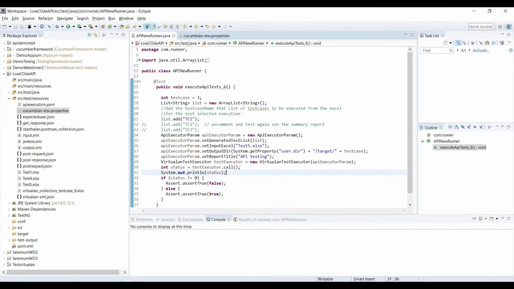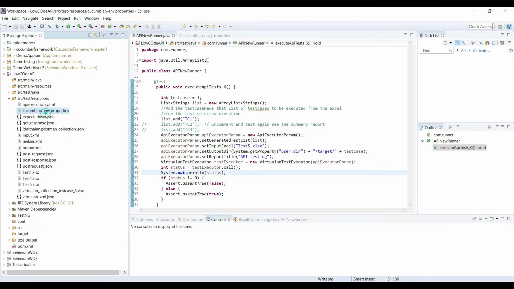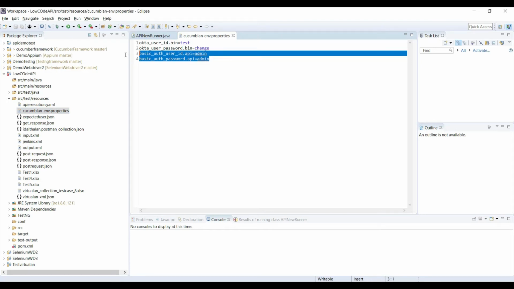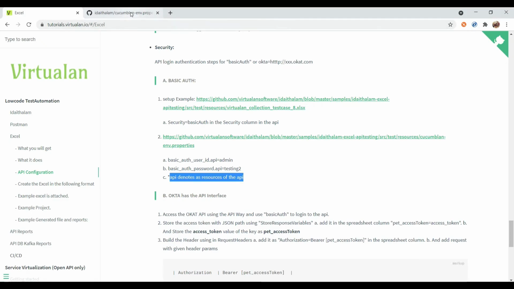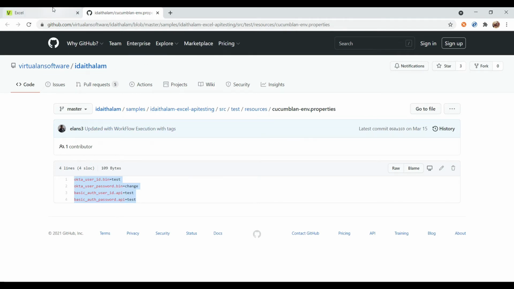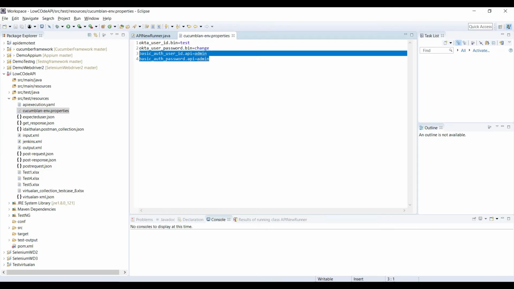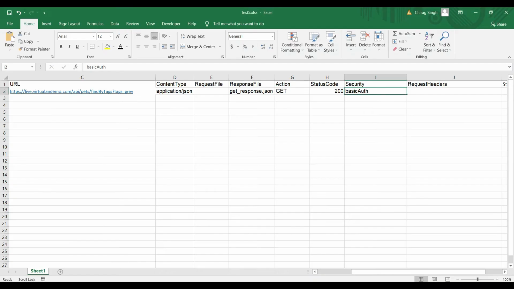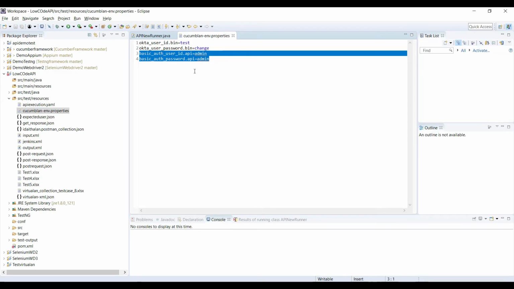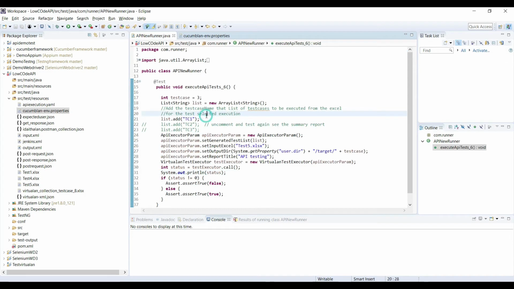Okay, then what we have to do is create these environment variables, and we need to pass the username and password for our basic auth. In this way they mention all the details on this URL, and also they have mentioned it over here. Okay, so I just copy and paste the ID and put my username and password. Only these two things I have to do to perform basic auth in our API. Okay, so let me run this and we will see the feature file.